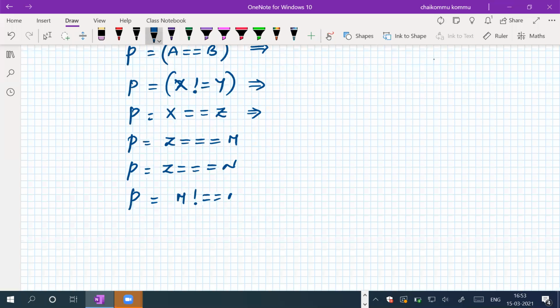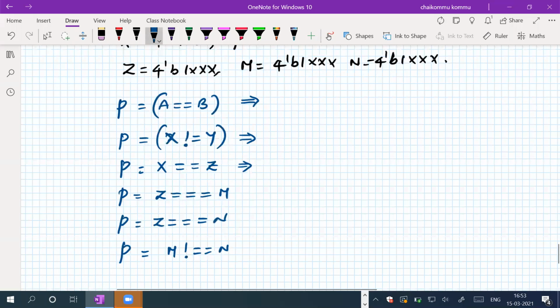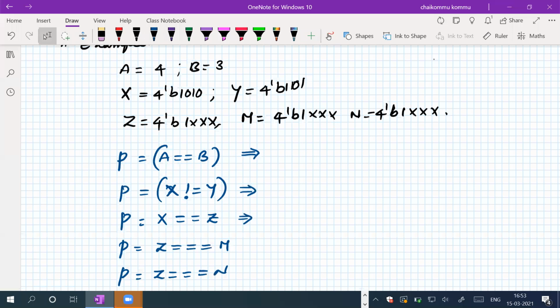Okay, so what do you mean by the double equal? Double equal actually has to perform bit by bit comparison, and it does not evaluate if any data has got an unknown value. So two things that I'm saying: bit by bit comparison has to be performed, and the data should not contain unknown values. Then only it will produce either logic 0 or logic 1; otherwise it gives unknown information. In a single bit data only, the output will be.